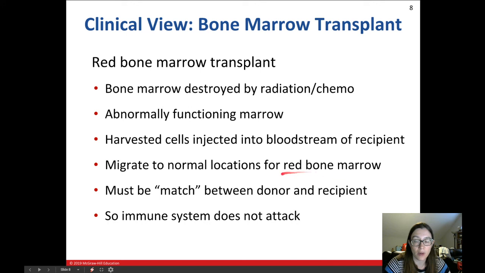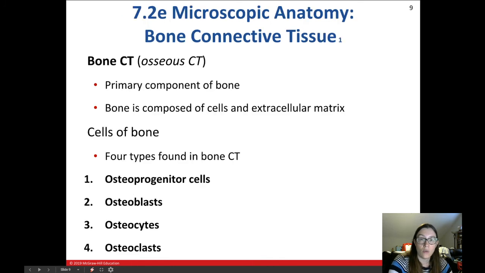If it was healthy bone marrow taken from the donor, then it can start producing healthy red blood cells or white blood cells, whatever the problem was. All the healthy cells, because the bone marrow should produce all of them. All right, so